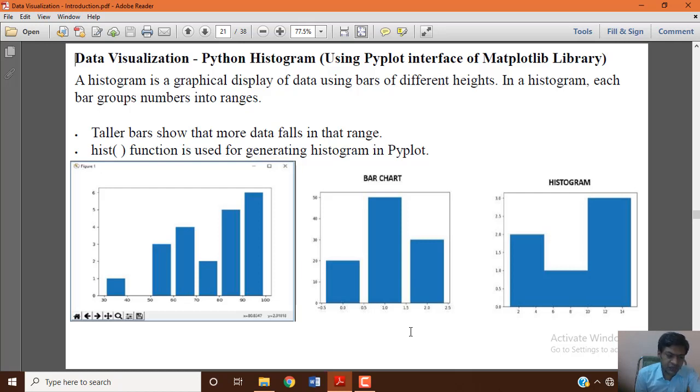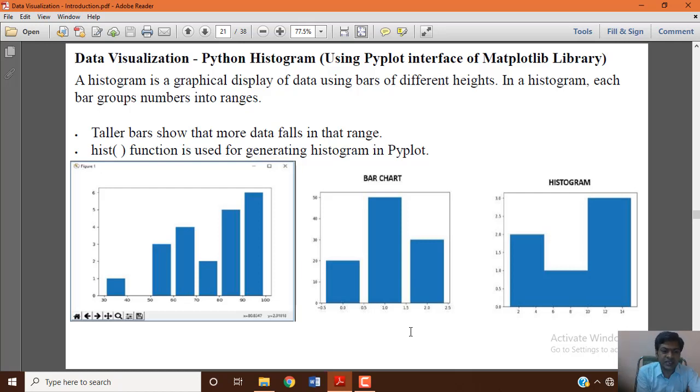Each bar represents groups of numbers as ranges, like a particular range that takes in a total of values from the data set that is represented in the histogram.